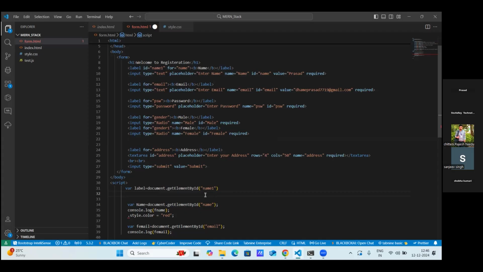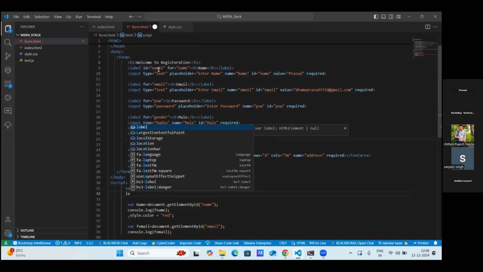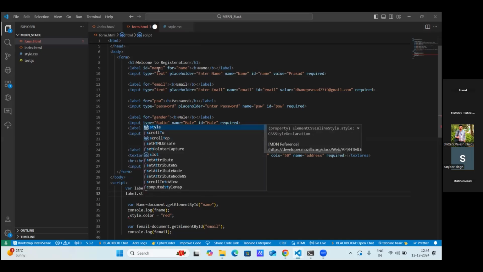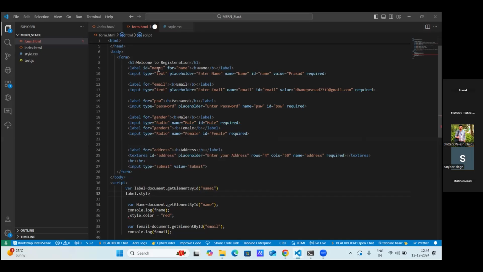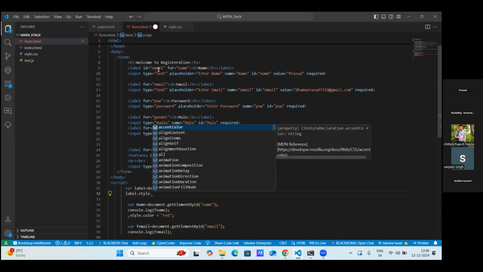अब इधर डायरेक्टली भी मैं इस्तेमाल कर सकता हूँ स्टाइल डॉट कलर। अब लेबल में आपको रेफरेंस आ गया, अब लेबल के साथ आप जो करना है करो। लेबल में क्या आ गया? ये पूरा जो लेबल टैग है आपका लाइन नंबर 9 का, वो पूरा आ गया। अब उसमें आपको जो छेड़ना है वो आप उस वेरिएबल के साथ छेड़ सकते हो। लेबल डॉट स्टाइल डॉट कलर करोगे तो किसको जाएगा? उस लेबल के ही कलर को जाएगा ना। हाँ करो, लेबल को स्टाइल अप्लाई हो जाएगी। लेबल डॉट स्टाइल डॉट कलर इक्वल टू रेड।